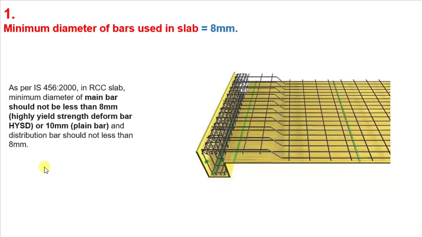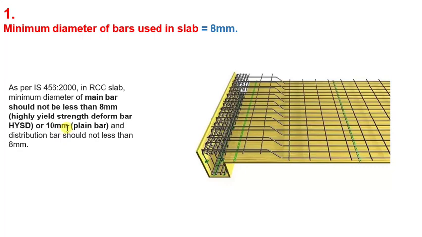If they are just asking you what is the minimum bar used in the slab, then you can just answer it as 8 mm. But if they are making it more specific and they are asking what is the minimum diameter of the main bar we use in slab, if the main bar is